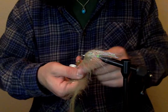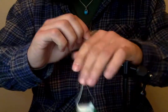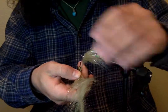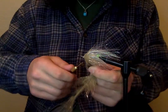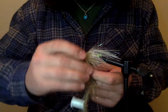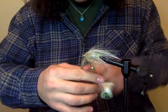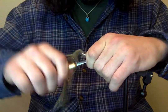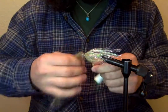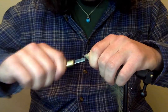Usually just go until I think it looks good. One more. And again, we're going to brush everything out, so I pull them right as I'm going around, but I don't worry too much about the stragglers or the couple of fibers that look to be clumped up. Do a couple good wraps behind it, a couple in front,